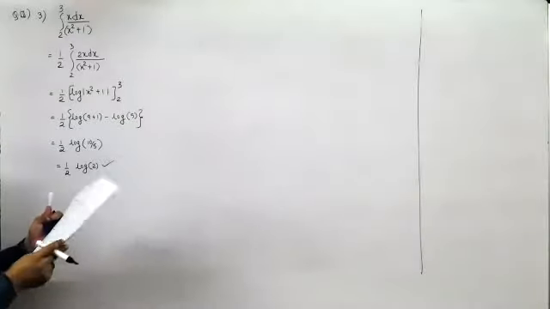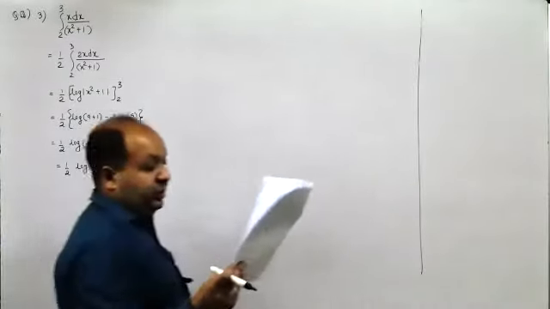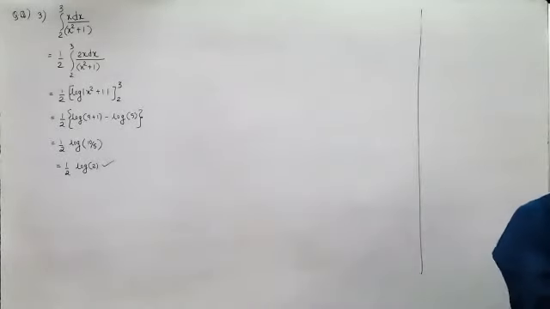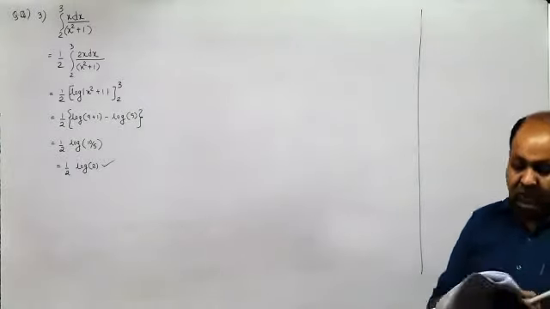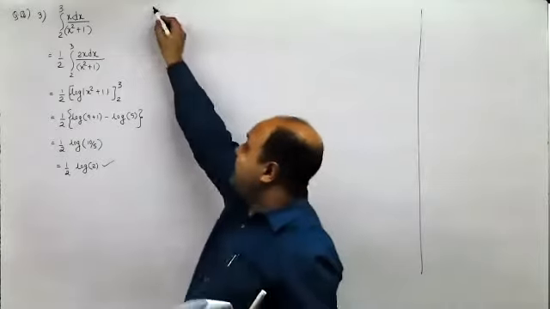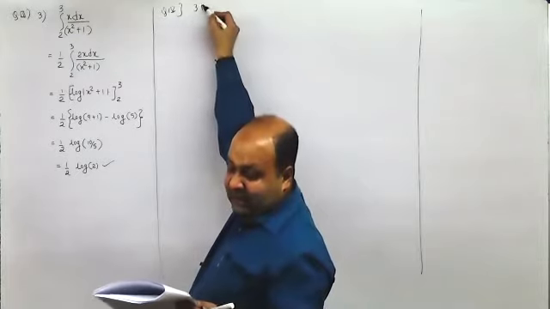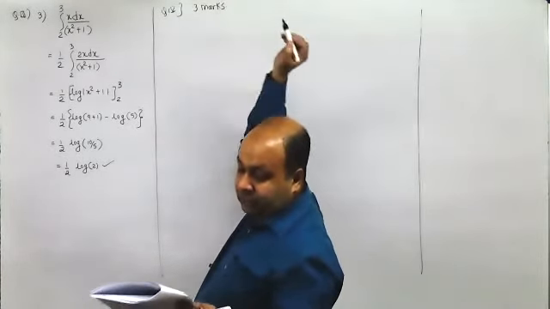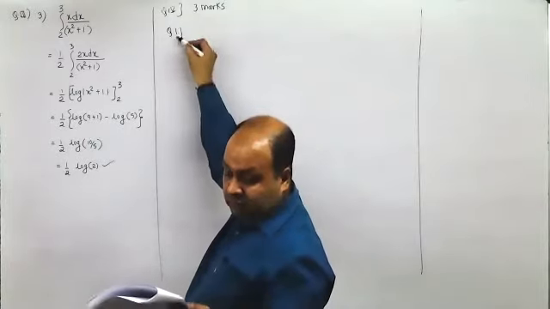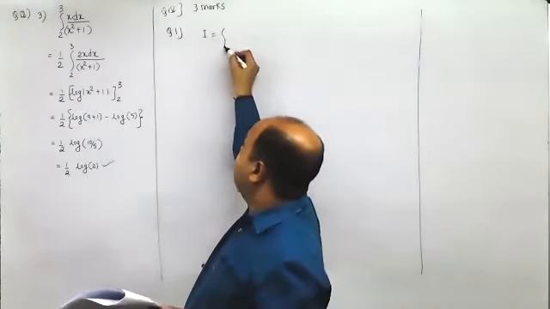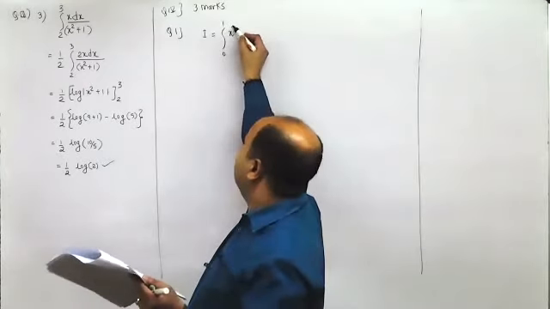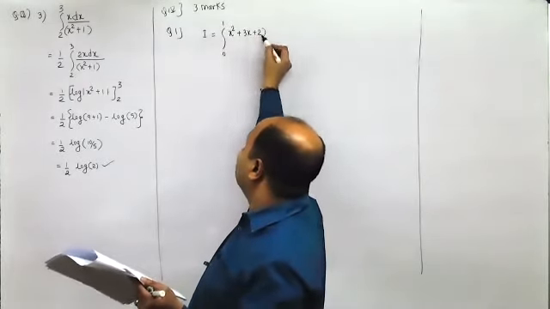The remaining 3 are based on property, so I'll move on. They haven't mentioned the question number, but I assume it to be question number 4 itself. Question number 4, solve the following, 3 marks. Integral from 0 to 1 of x square plus 3x plus 2 dx